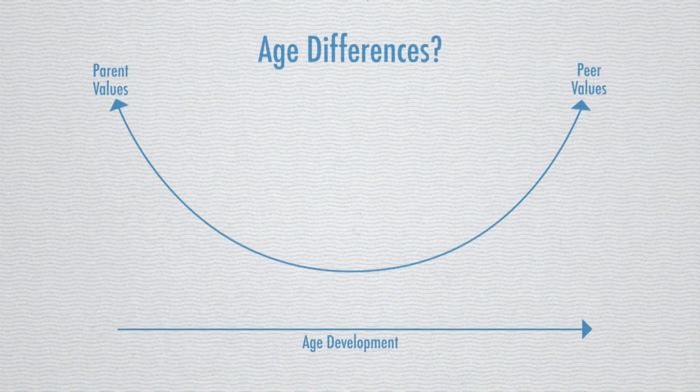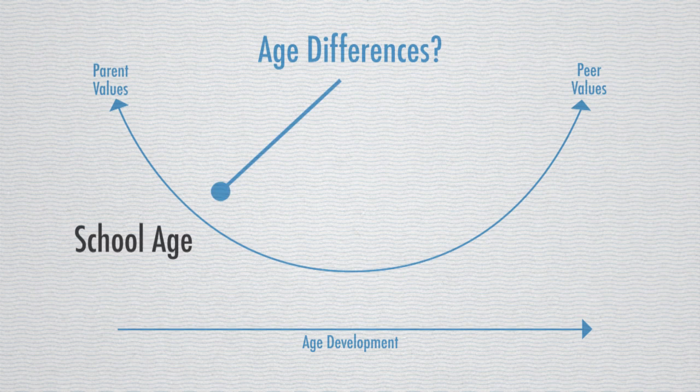And the reason why is because there's a natural development in what kinds of values we really subscribe to as we get older. And you might remember a long time ago in one of the very earliest videos, we talked about some of this being mediated by changes in the brain, the ways that our brain makes us more interested in aligning with our peers. Well, specifically, as we were just talking about, at young